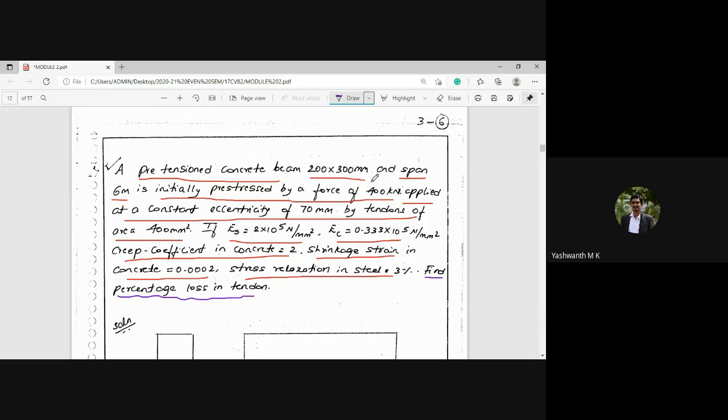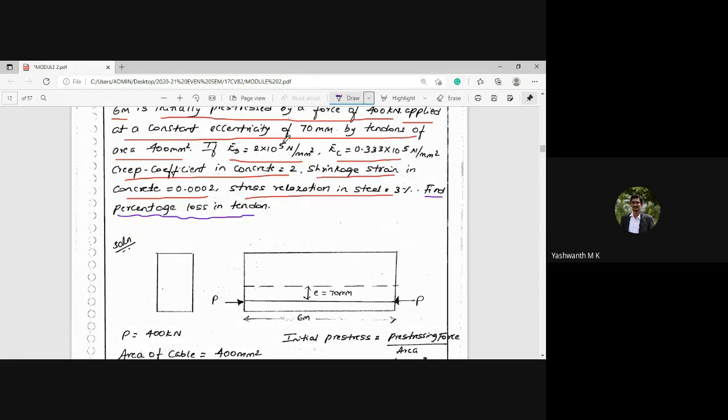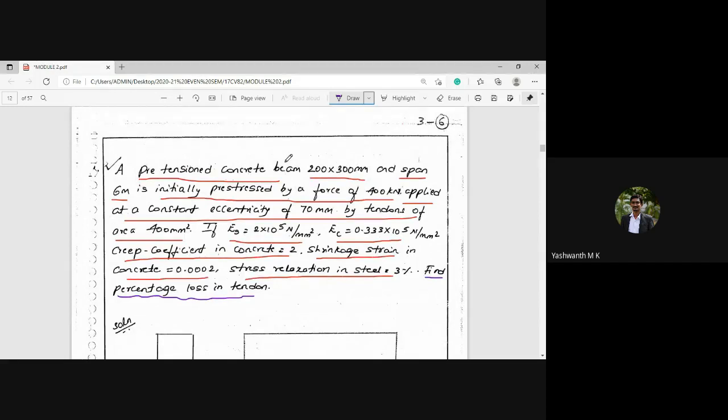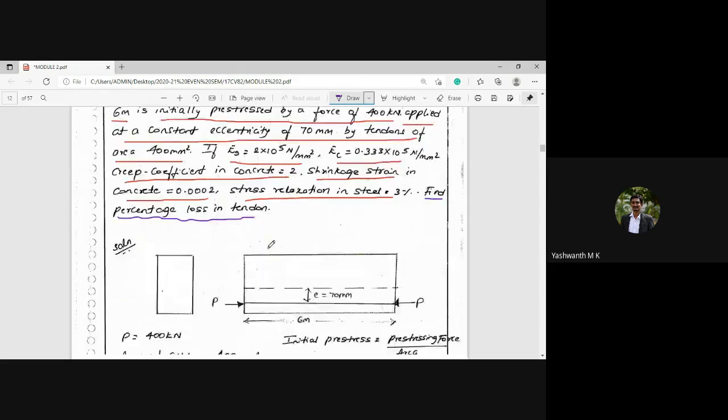Next, here they have given the dimension of the beam, the span, and the pre-stressing force, and please be careful regarding whatever parameters they have given. So we know that in a pre-tension beam, which are all the losses that will come? The losses are loss of pre-stress due to elastic deformation, loss of pre-stress due to shrinkage, loss of pre-stress due to creep, and loss of pre-stress due to relaxation of stress in steel. So these are the four losses that will come into the picture. So based upon this, please write down the data. Okay, so let me go ahead.